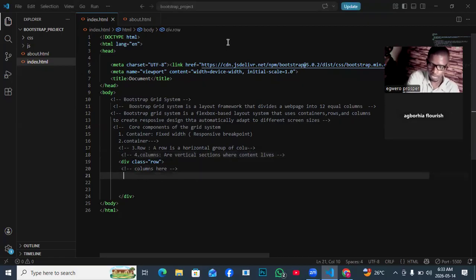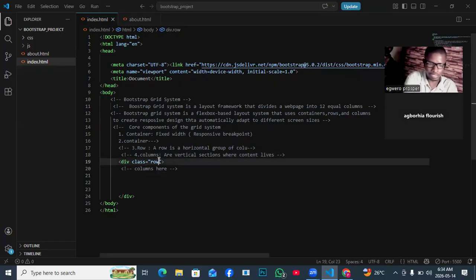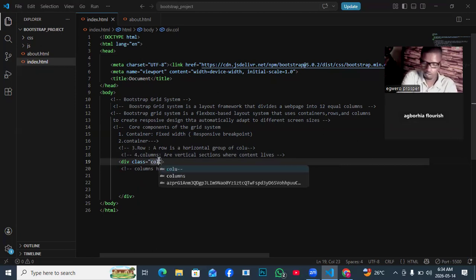So if I come here now and say I want to create another div, let's say this particular div, and I'm giving it a class that will make it represent a column for me. So let's say I give it a class called col-